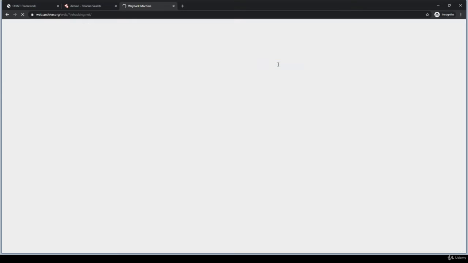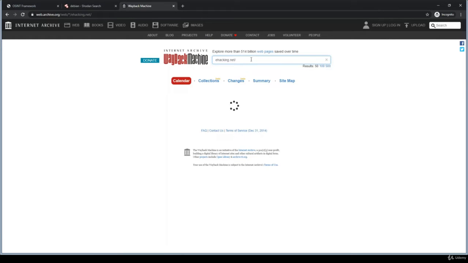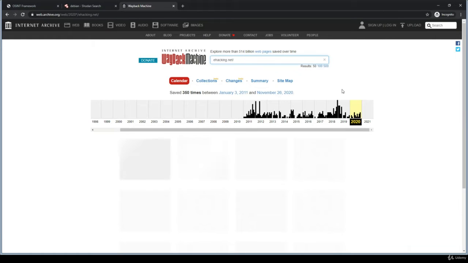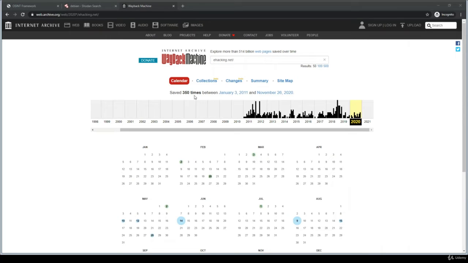There you can see that they have created snapshots of this domain from January 2011 until the last snapshot, taken on November 26, 2020, which is quite interesting. There you can see this is February 2020. I'm not interested in this one. I just want to see what the website was in 2011.